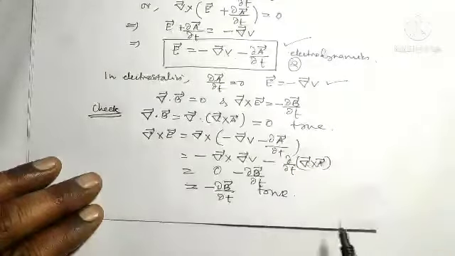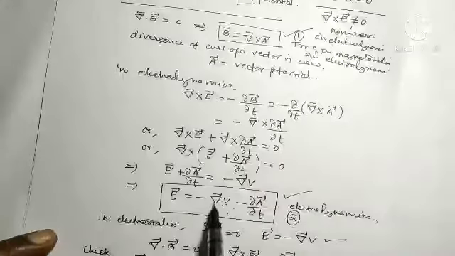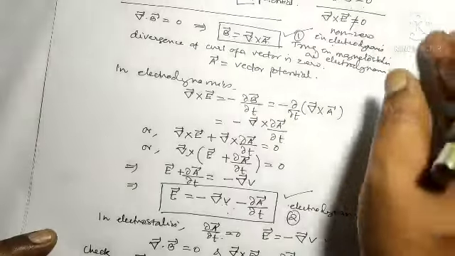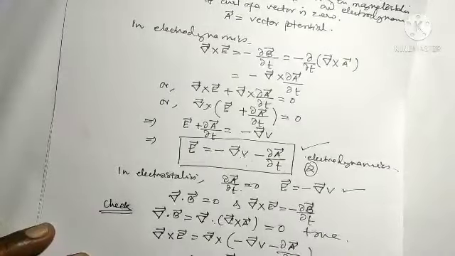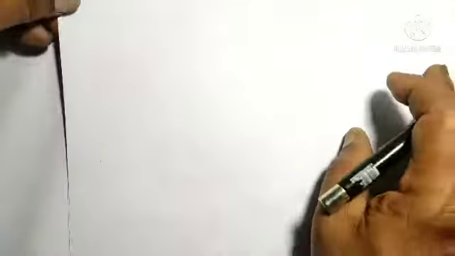Maxwell's other equations. So B equals del cross A and E equals minus grad V minus del A by del t; that fulfills two of Maxwell's equations. Let us check the other two equations, that is Gauss's law and Ampere's law with Maxwell's correction. So now Gauss's law